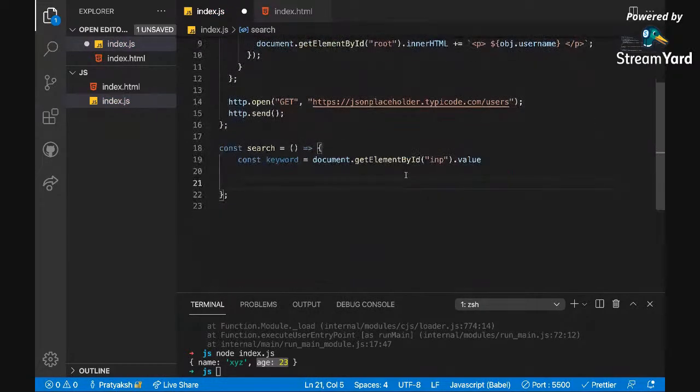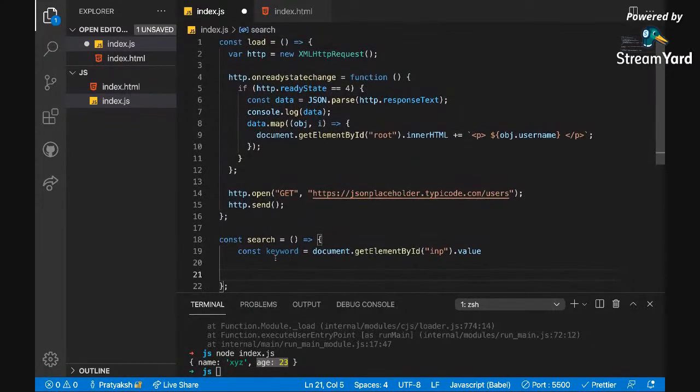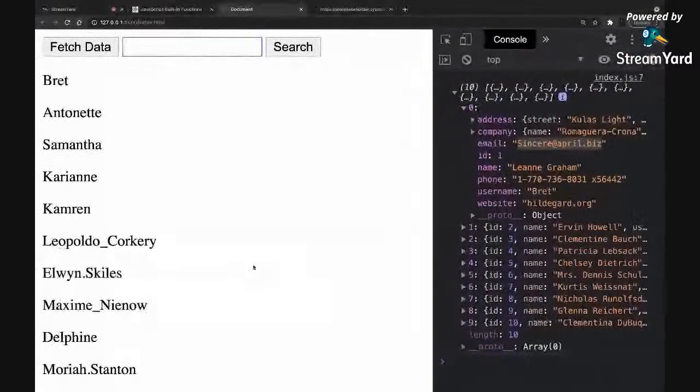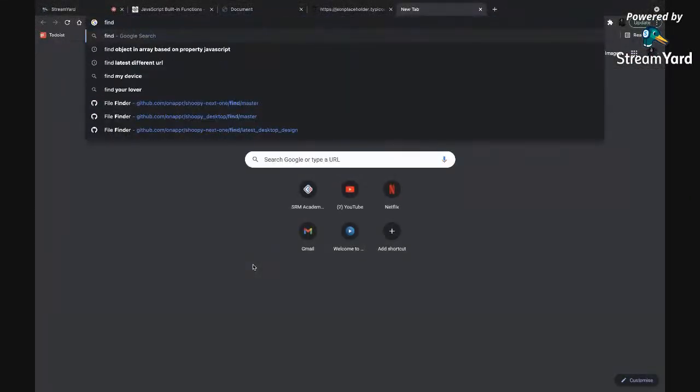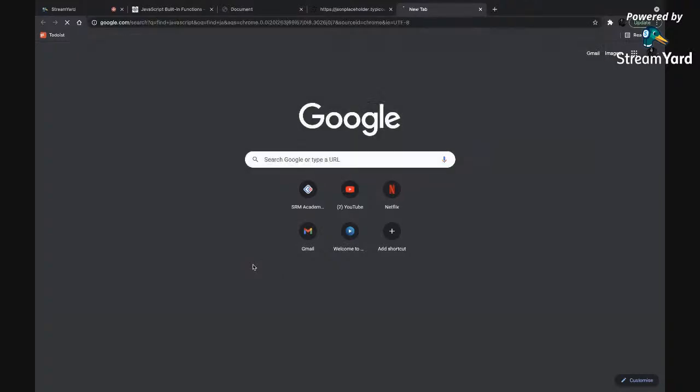Now remember I told you about filter, right? Filter lets you find data and returns an array by filtering it out. But JavaScript also gives us a function called find.